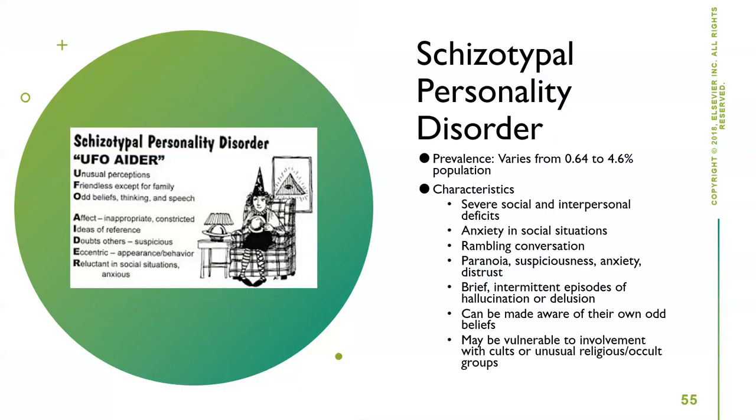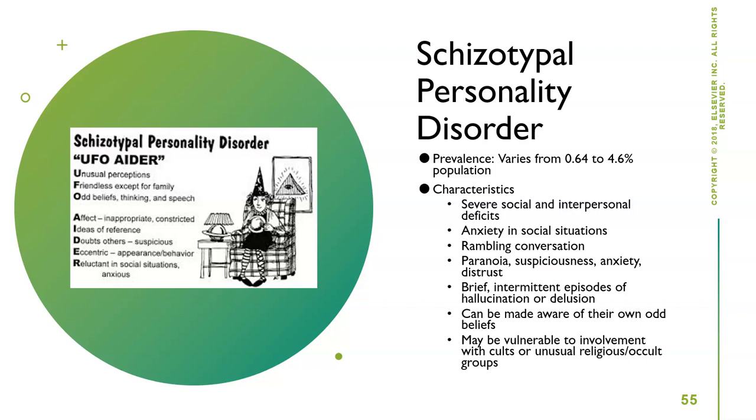Schizotypal is going to be our last in cluster A. We talked about, when I told you all I'm going to be referencing characters, this is my Luna Lovegood. So for anyone who knows Harry Potter, I would say Luna Lovegood is a good example to fit into this. These are individuals who don't blend in the crowd. They're strikingly strange and unusual. They have this magical thinking, odd beliefs. Their speech can be a little bit strange. Their affect is inappropriate. Again, we see this more in men, more in young individuals, and more in those who have a family history of schizophrenia.